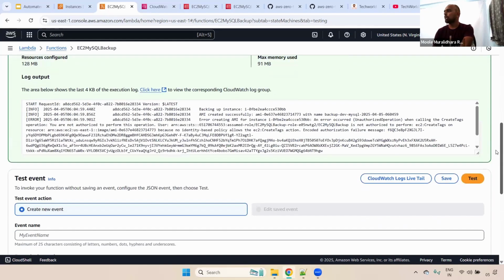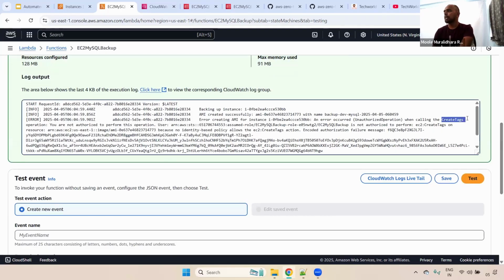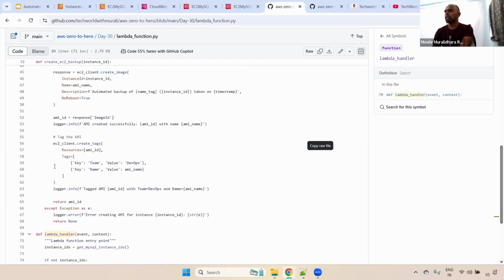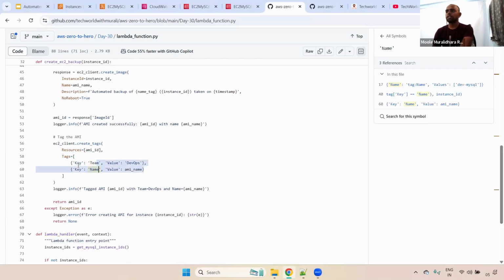Now you can come down a little bit. If you see here, earlier we got the create image error. Now we are getting the create tags error. The reason is, if you remember in our script, if you go up a little bit, here we are adding the tags, the specific ones. One is team equal to DevOps, and name is equal to that particular instance name we are adding. That's why it is throwing the